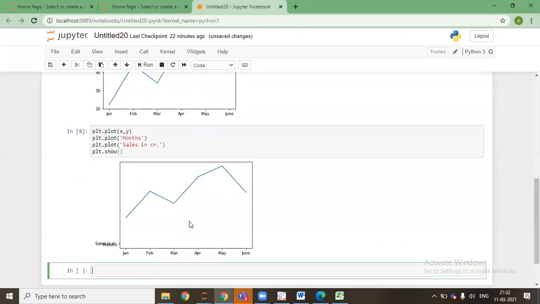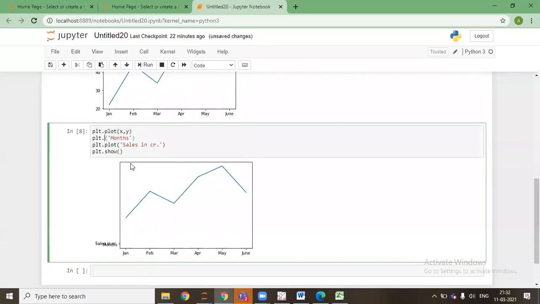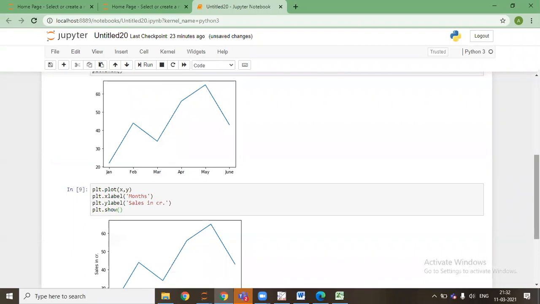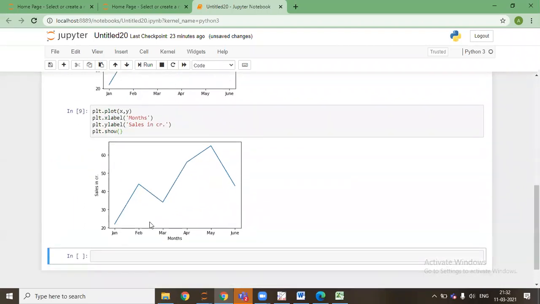So that's the thing that is coming, but sorry, it is plt dot xlabel, sorry, xlabel, and yeah, ylabel. So here it is. It will give me the months and the sales.